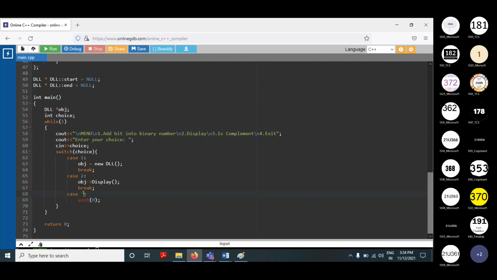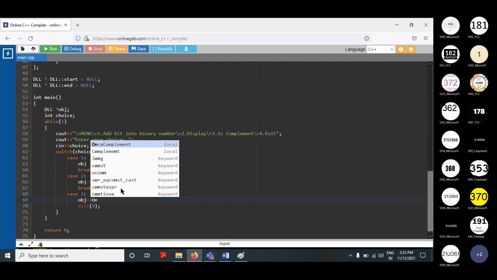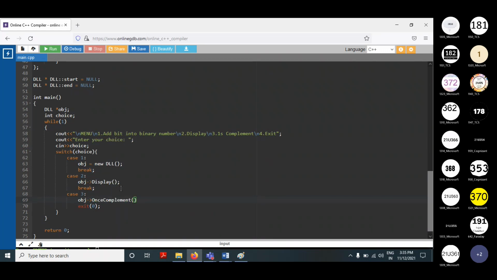All right, so case 3 is 1's complement. So let us call the function obj 1's complement and break. And case 4,